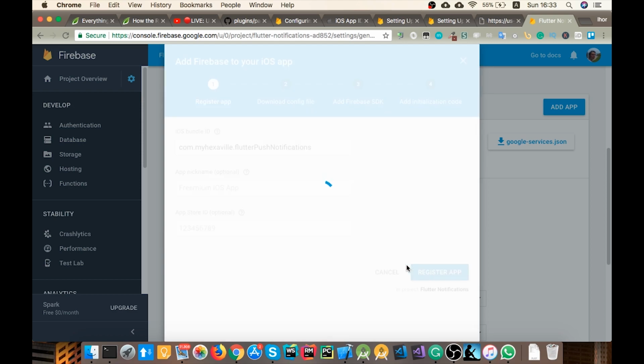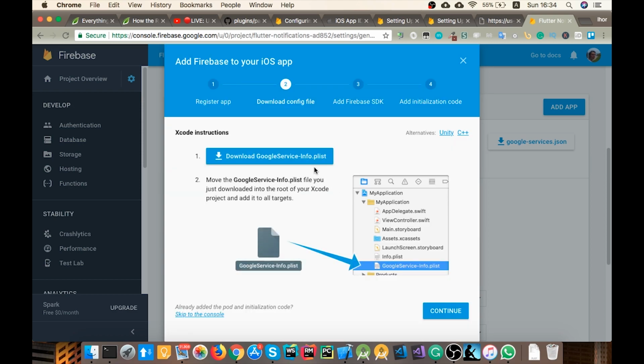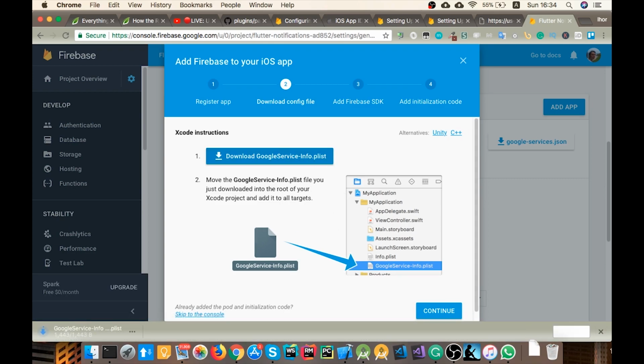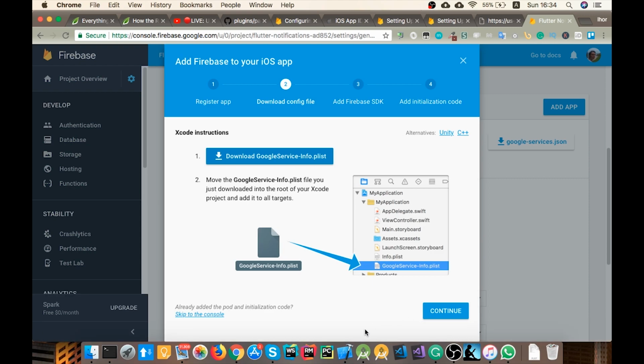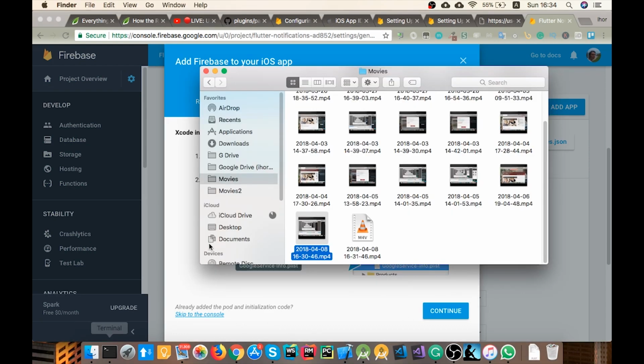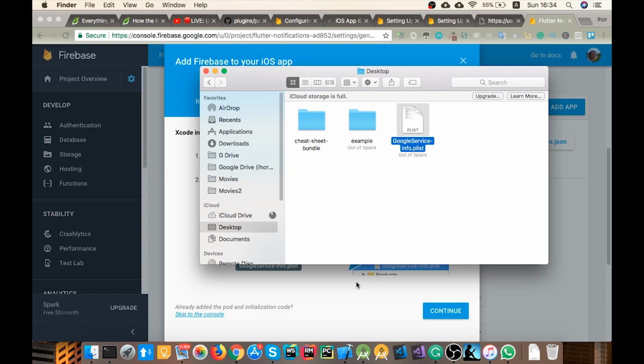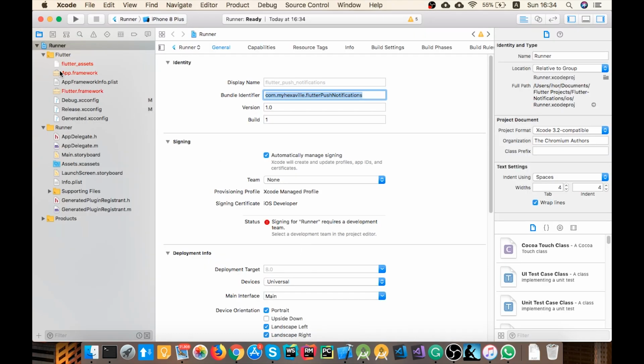Paste, register, download the Google services file, and here's one important thing: you need to paste it in Xcode. So have your Xcode opened